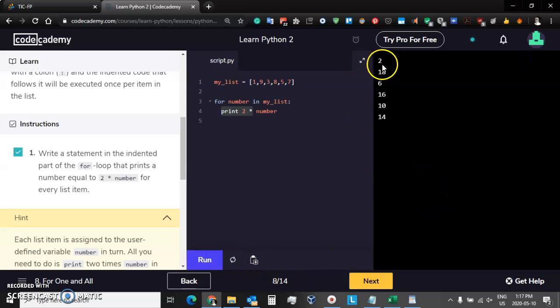Print run, and you can see here that we've doubled each number in the list, and we made it right to the end. So this is a nice way to go through a list of items. In the next section,